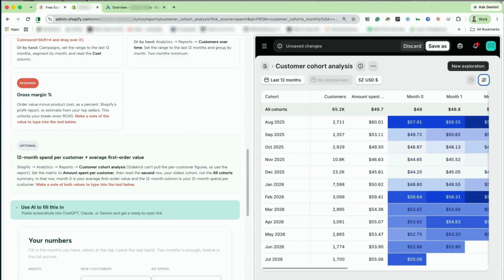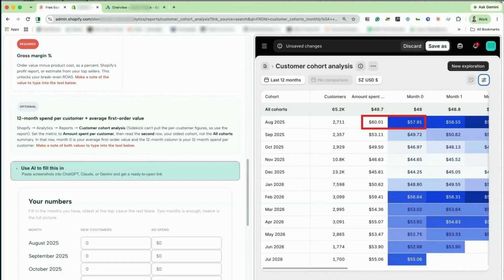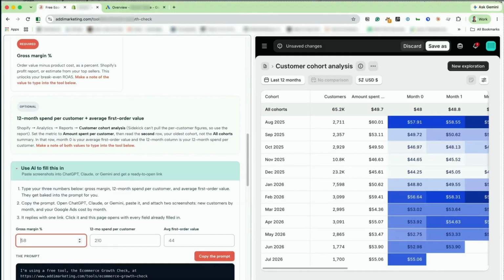Then read the 2 numbers from the oldest month, not from the old cohort's average. In this example, the first order value is $57.91, and the 12-month value is $60.01. Now go back to the calculator page and click Use AI to fill this in. Enter the gross margin, which is 58%, enter the 12-month spend per customer, which is $60.01, enter the first order value, which is $57.91. Then click Copy the